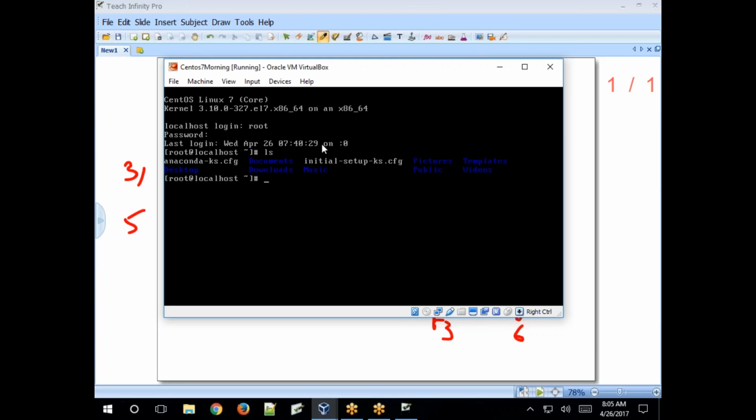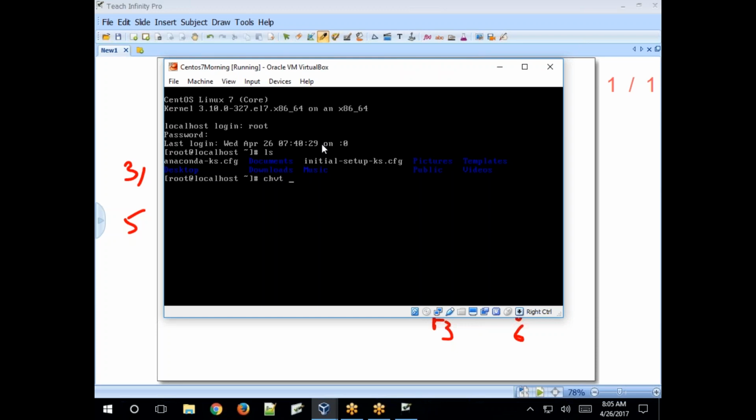If you want to log in with the same user account on all the consoles, it allows that. That is called a session, multi-session. If you log in with the same user account on all the consoles, that is called multi-session. If you log in with different user accounts on different consoles, that is called multi-user login. Clear?